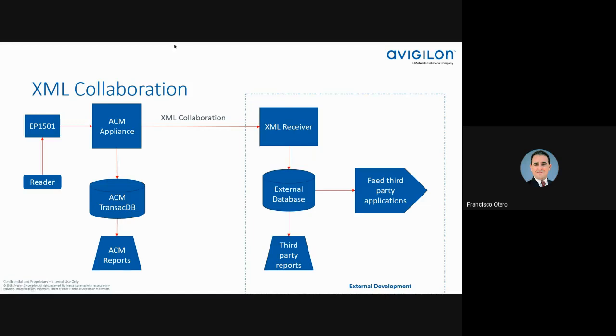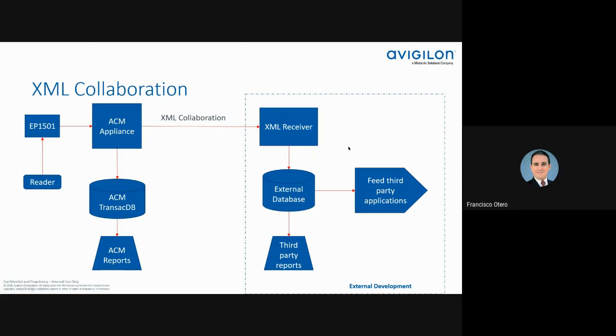So in this case, here's the receiver, it receives that data, right? ACM is sending data to a particular IP address and a particular port. It sends the data in there. The data is received by that device, by that application, and then that application sends it to a database. And from that database, now the customer can utilize a reporting tool or can utilize it to feed a third-party